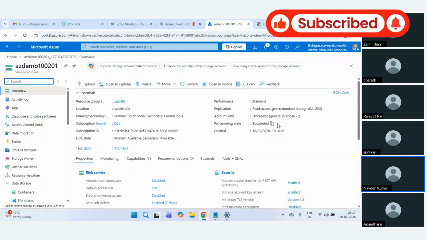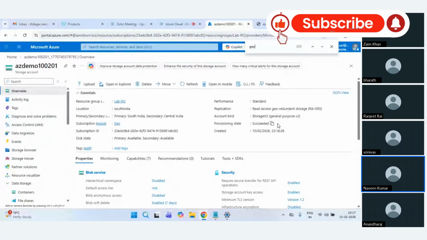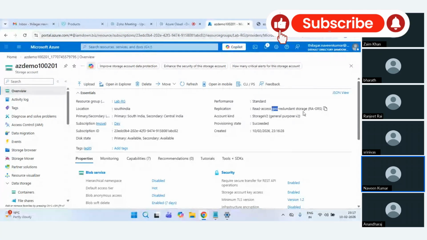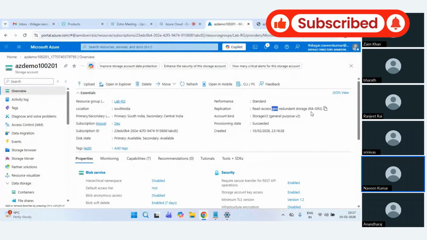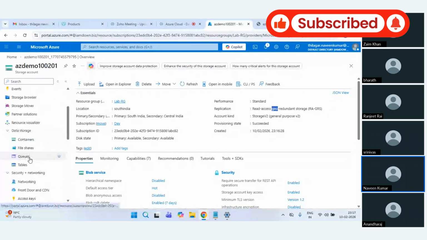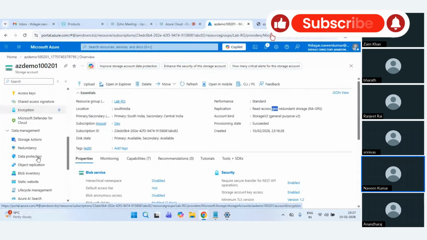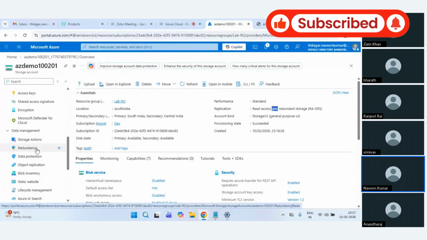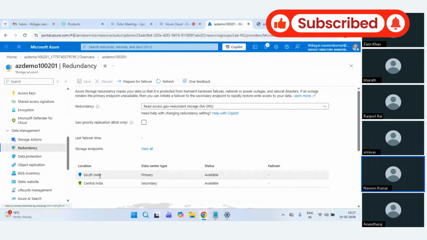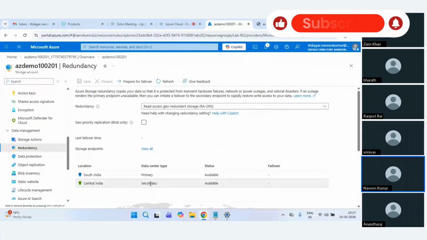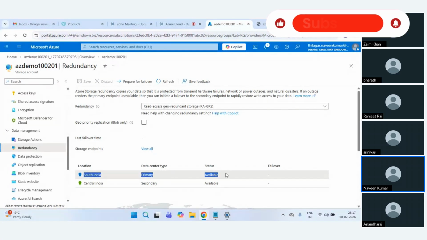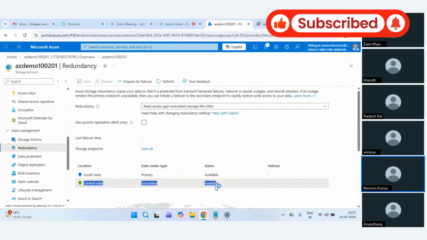Now, if you look at this replication status, you see read access geo-redundant storage. Where you can see to which location your data is getting replicated is something you will find under redundancy. If you go here, it will say what the primary location and the secondary location are. In this case, my primary location is South India and secondary is Central India. But